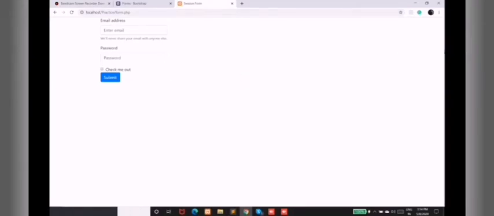This display in Bootstrap is by default divided into 12 parts. You can take it as column SM small 12, or column MD 12, or column LG 12.